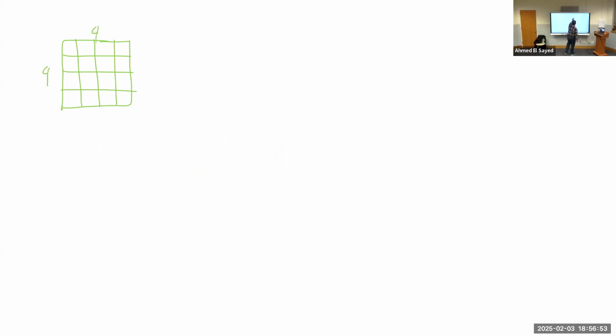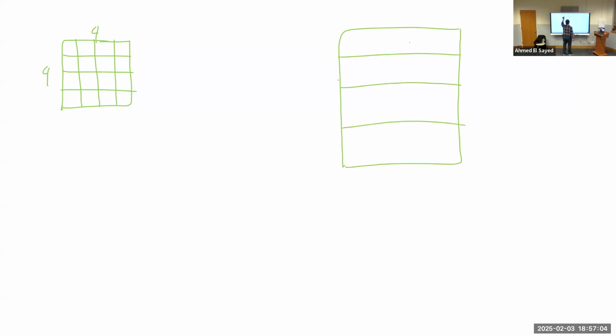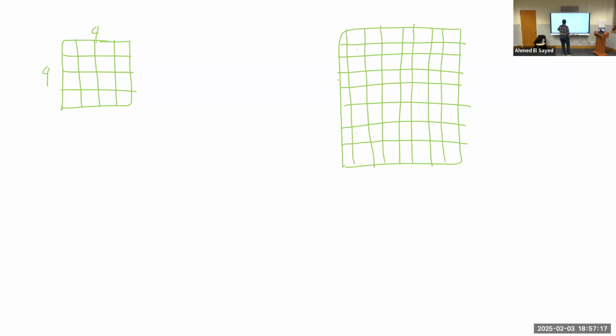And I want to make it bigger, with the size 8x8. Okay? Now, assume those pixels are